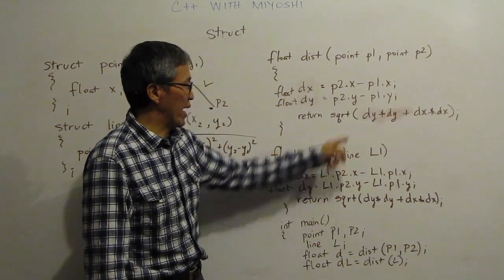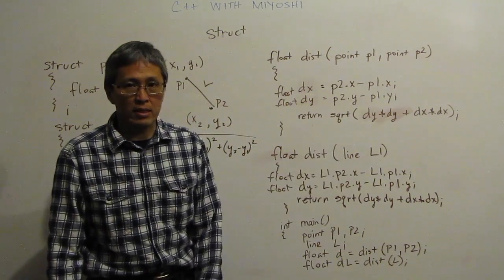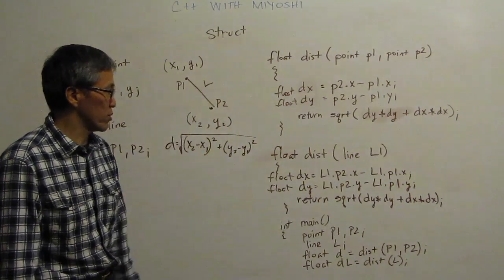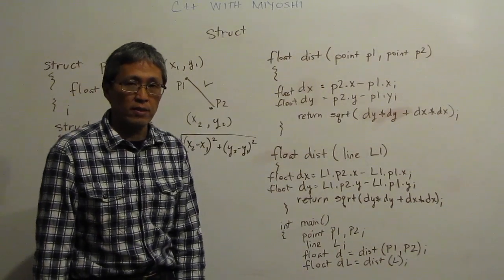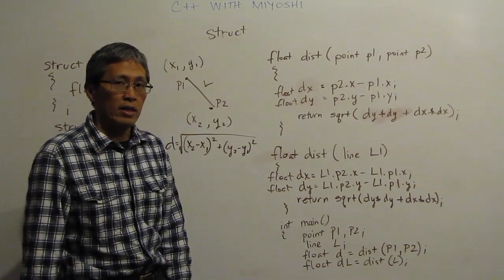Square root of that guy and return that back, and that gives me my distance, just exactly like my formula shows. Okay? Now, here's something I didn't talk about when I talked about functions. I'll probably put that in there as another new